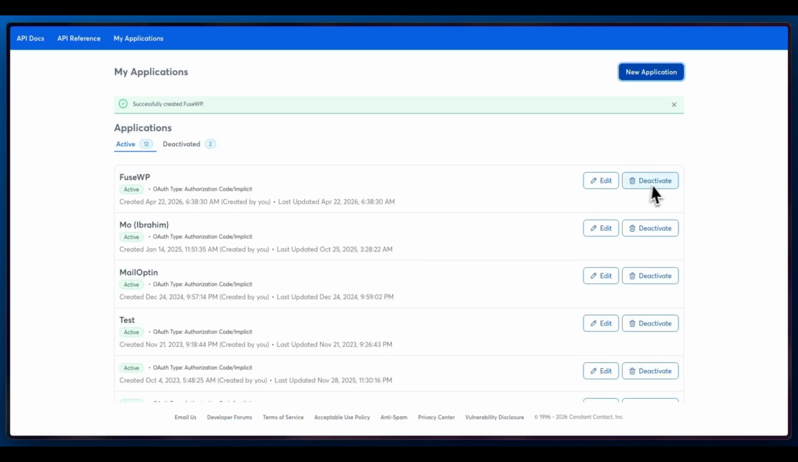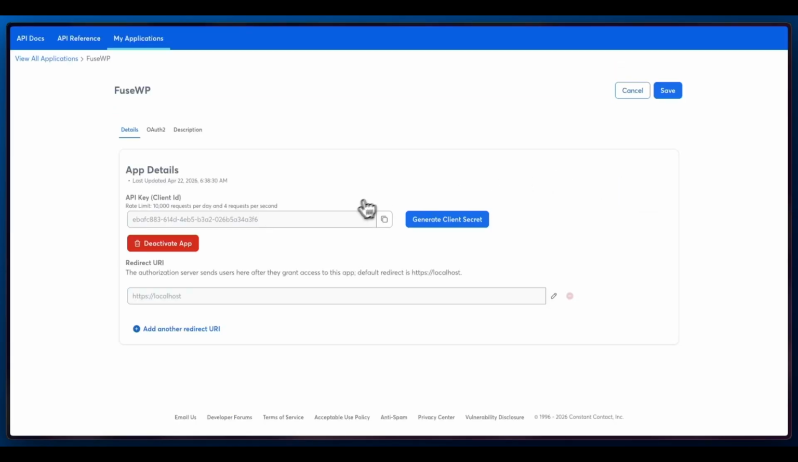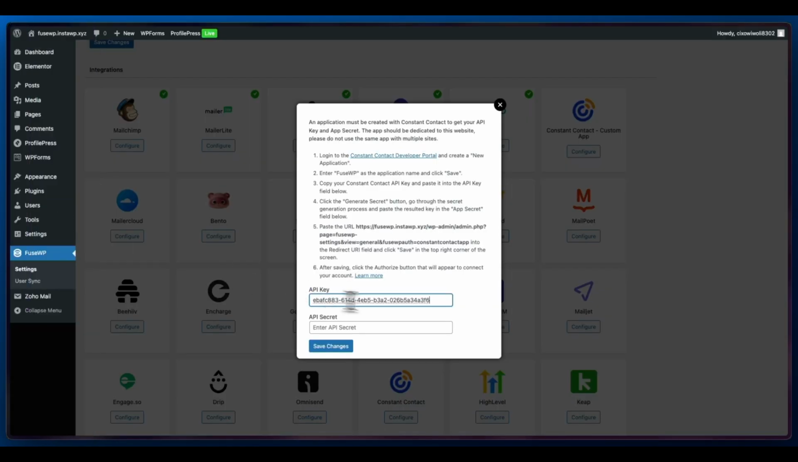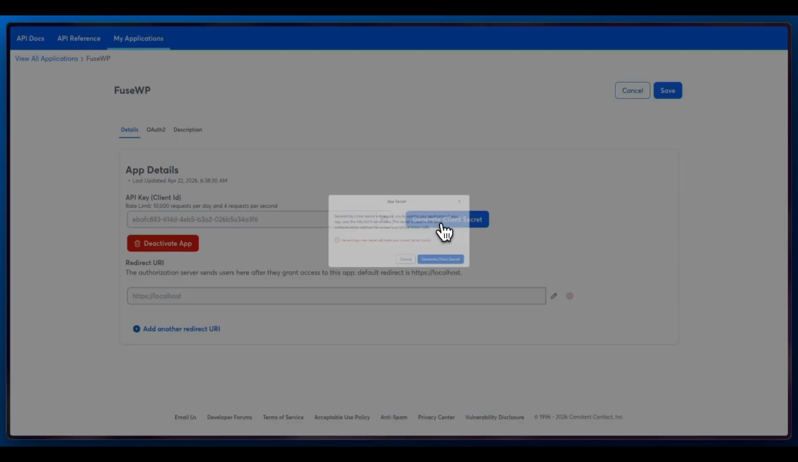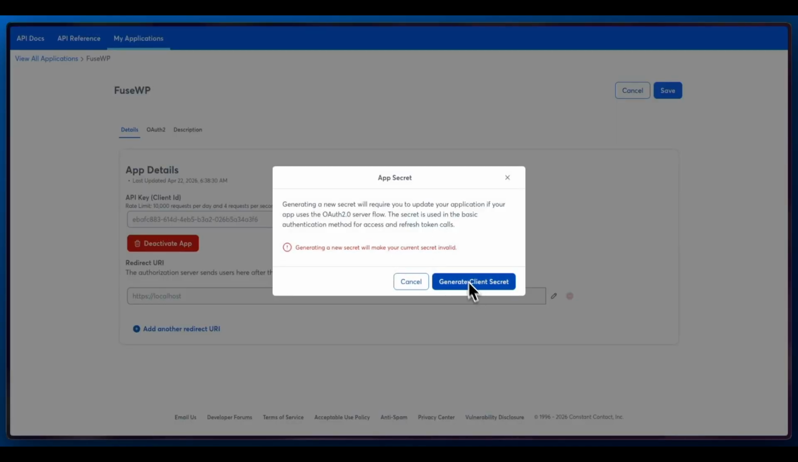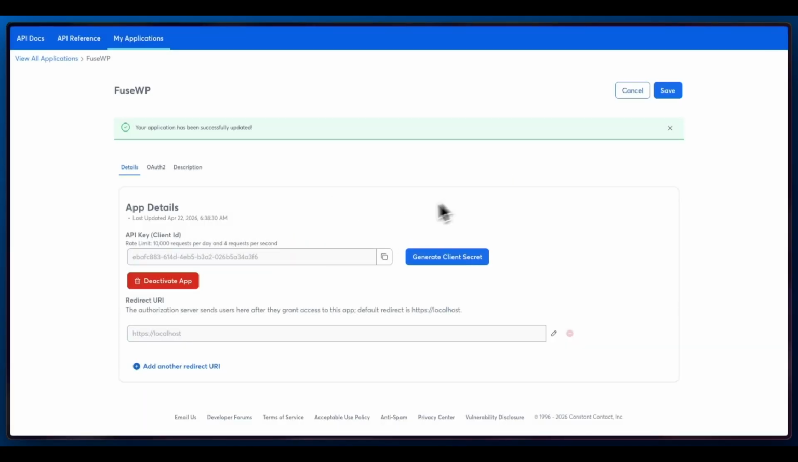Next, we'll edit our API key and we'll copy the client ID. We'll paste it here. Then we'll go and get our client secret. So basically we just need to generate the secret, click on generate again, copy the secret, and paste it in